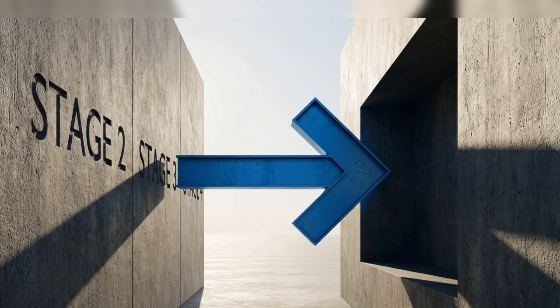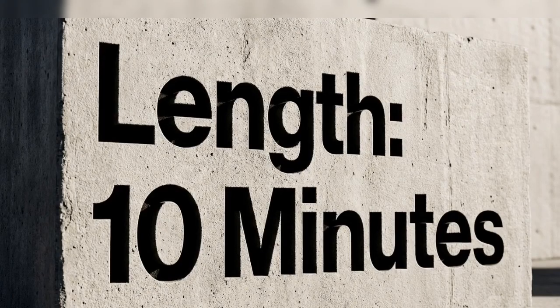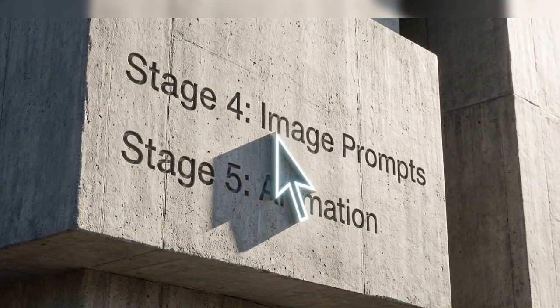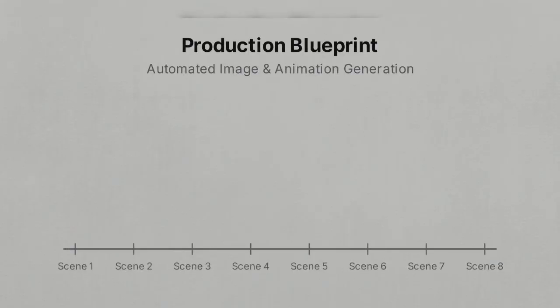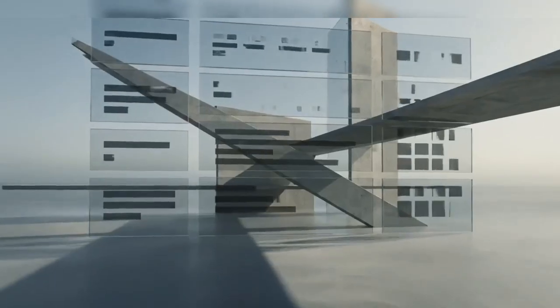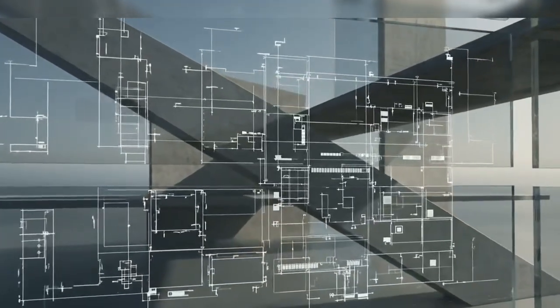Select your preferred topic, then paste the Stage 2 and 3 prompts into the same chat, specifying your desired video length. This process generates a structured script organized into a scene-by-scene breakdown, including timestamps and specific narrative goals for every segment. Finally, run the Stage 4 and 5 prompts to automatically create detailed image and animation instructions for every scene in your timeline. You have now automated the entire conceptualization and writing phase, which are typically the most time-consuming parts